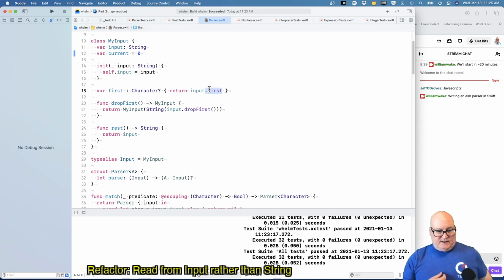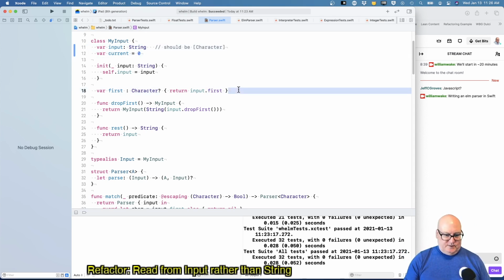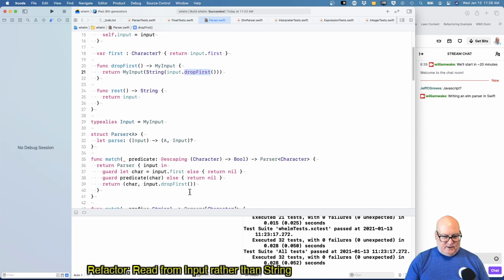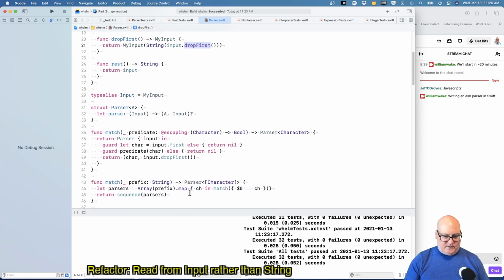I don't mind doing some inefficient stuff for a moment, but I'm trying to get it to a more efficient thing, and maybe I just have to let it go for today. But the goal is I don't want this to be string. I want this to be array of character. Okay, and then this should use that. This should just return self for now, but increment that. And then we can decide if we really need to drop first to return something, or if it can just